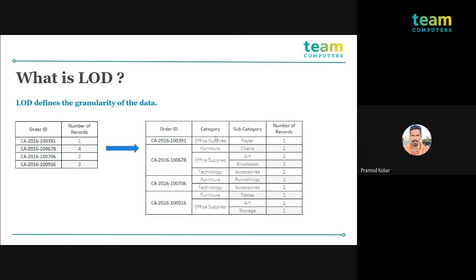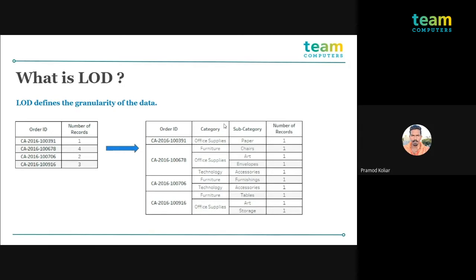So as soon as I went to the category and subcategory, we can see that मेरा जो order ID के साथ along with category and along with subcategory, I am getting a single record, which means my granularity is a combination of all these three, which will be the granular deepest level. So in this way, we can arrive at the granularity of the data. But why do we need to know this? The reason we need to know this is because हमें इस granular level पे जाके aggregation perform करना है, and we need to roll it back to the level that we want. This would be a little bit difficult to understand at this point. We will be covering it in the further slides.